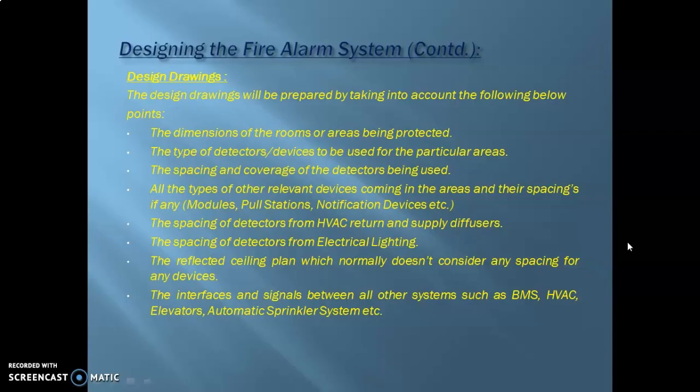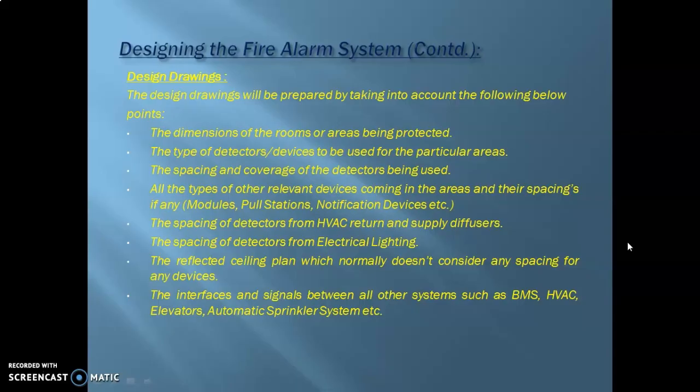That means, as per my own experience, what I've normally seen is that all the devices will be placed in a single straight line without taking into consideration any of the spacings as per NFPA 72, which can affect the design drastically at a later stage and can also affect the installation of the devices.